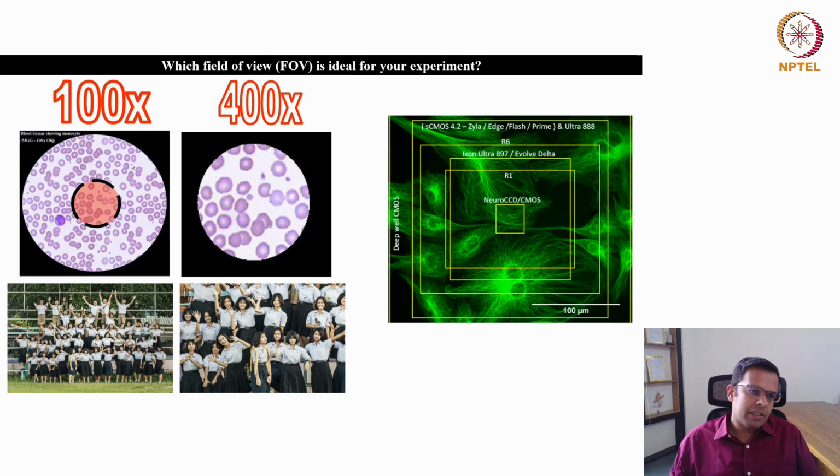Even with this magnification you can count the number of cells, and you can get even more cells in one field. This is how the field of view can be represented. If you want to see this entire group, this is a larger field of view. But the smaller field of view can show only a few faces. Here you can identify the faces, but in this one you cannot identify the faces.